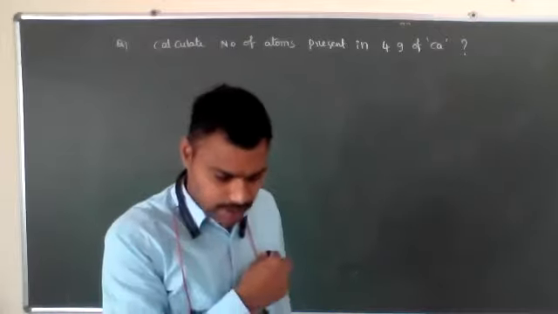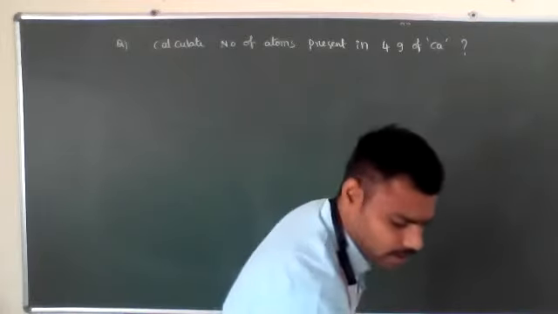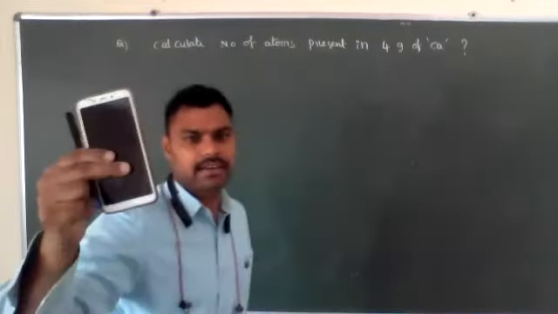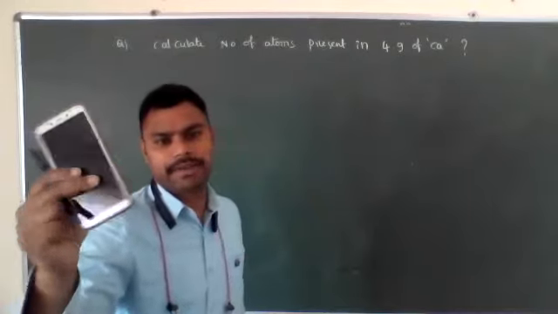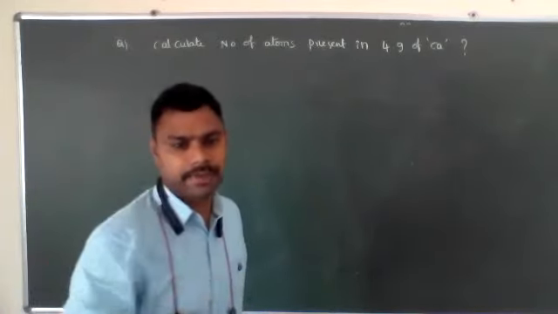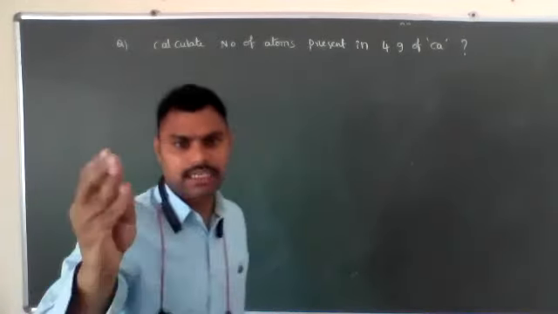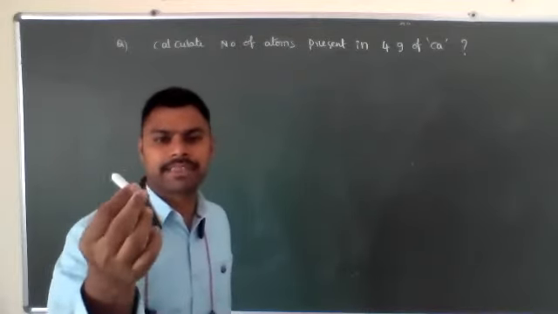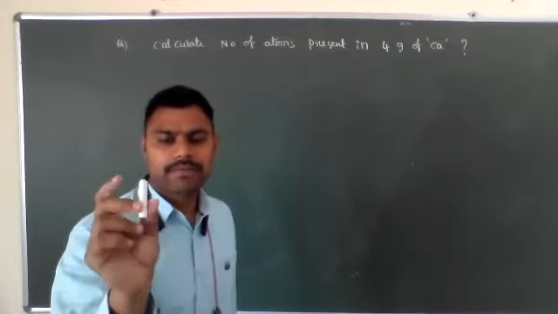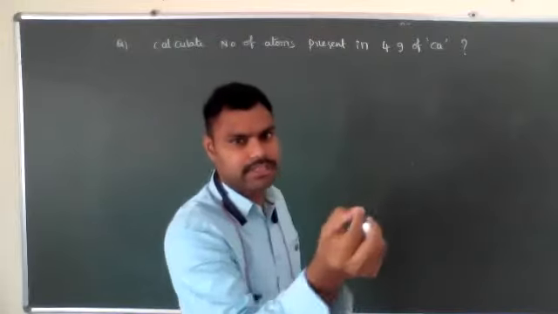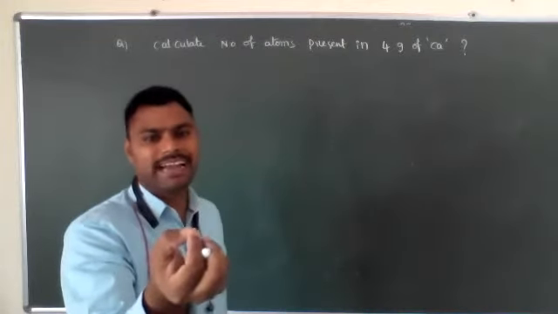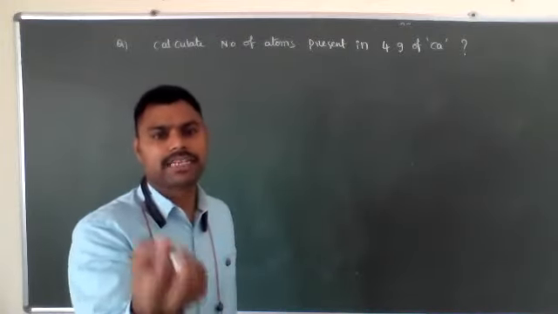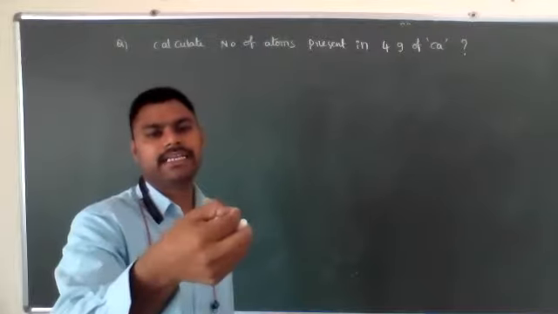For example, see here, it is visible very clearly. How many mobiles and how many pens are present? Means 1 mobile and 1 pen is present. For example, this chalk, you imagine that 4 grams of calcium. There, how many calcium atoms are present? It needs calculation because the calcium atoms are not separate individually; the atom is invisible and very small. That atoms, how many atoms are combining?